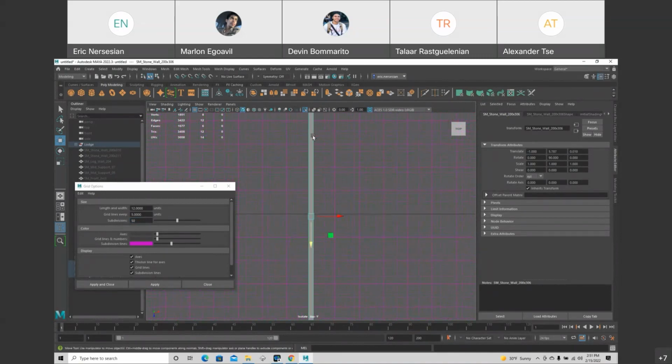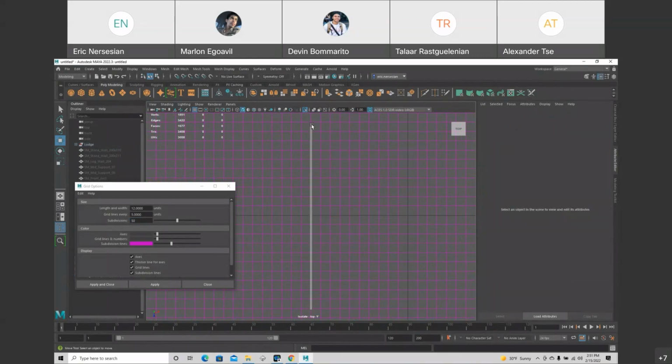So if this is 10 centimeters, this line here represents 10 centimeters. This is like 1 or 2 centimeters. So it's like super, I mean, there's like,